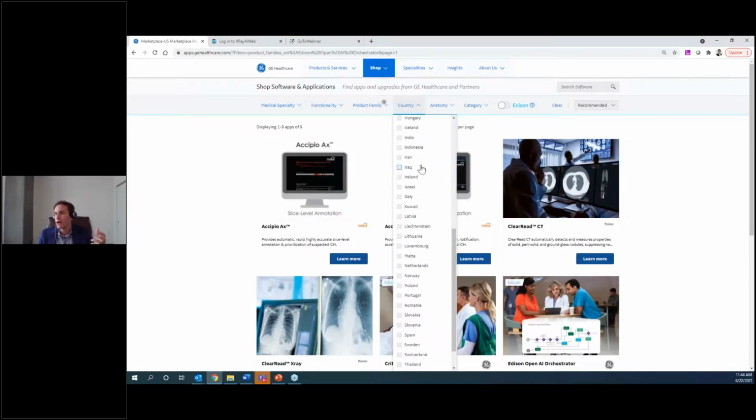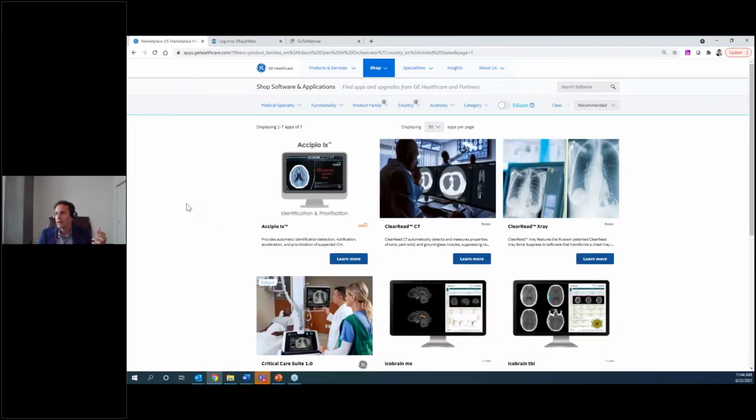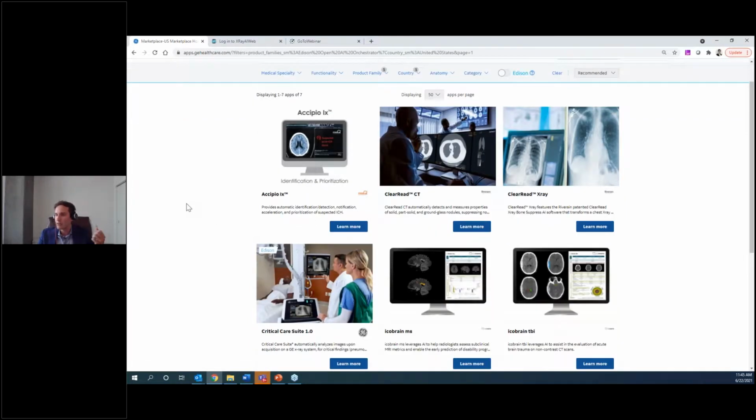Country, for example, I am in the US. I want to see what's available in my country. And here you can see all the applications available, AI applications compatible with our Edison OpenAI Orchestrator software. Then if you want to learn more on a specific application, you click on